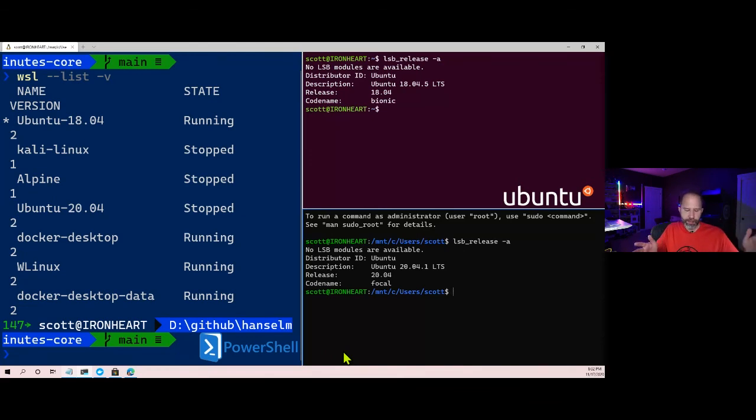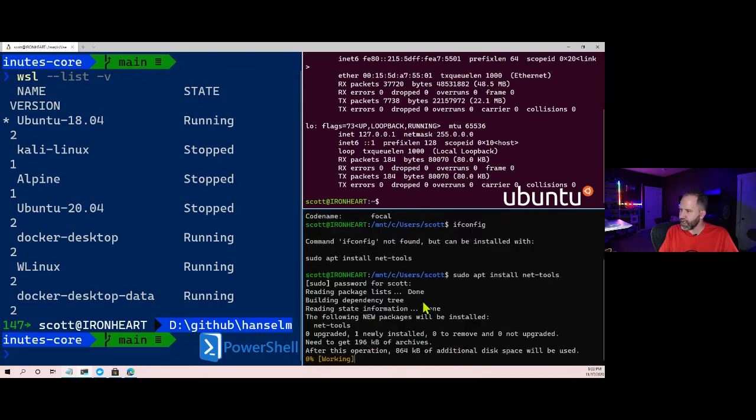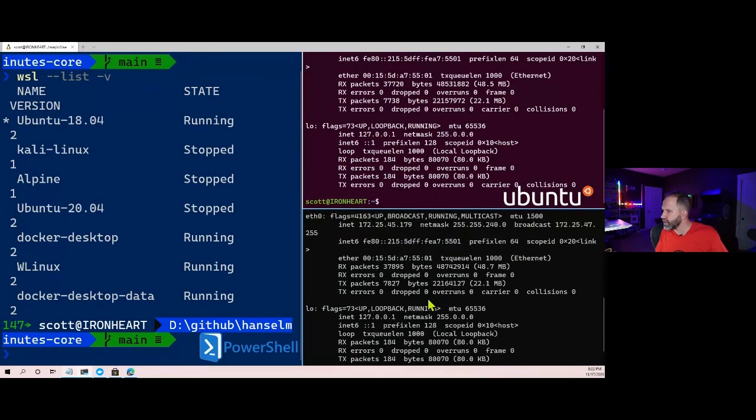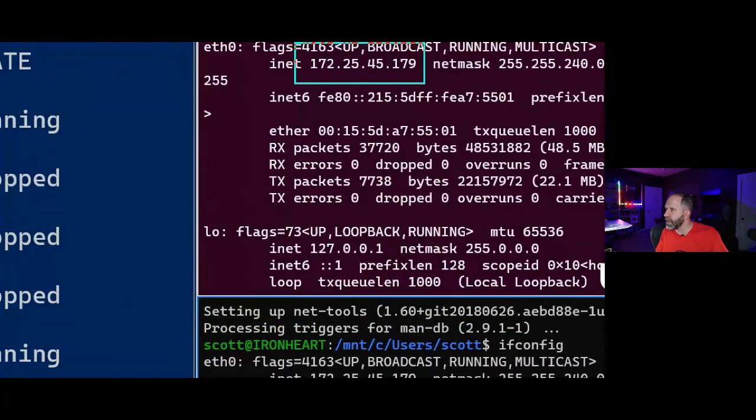So think about the idea that on a laptop or on a regular computer that anyone has that's a Windows computer, I can now test on N number of Linuxes and ensure that my application is going to work great on all of them. So the question about different IP addresses, if I look at my IP address on this one Linux versus my IP address on this other Linux, I don't even have ifconfig installed, so this is actually a good example where I'm going to use a Linux package manager to install the tool that I want and then run it. You can see here that they are both on this inet right there,